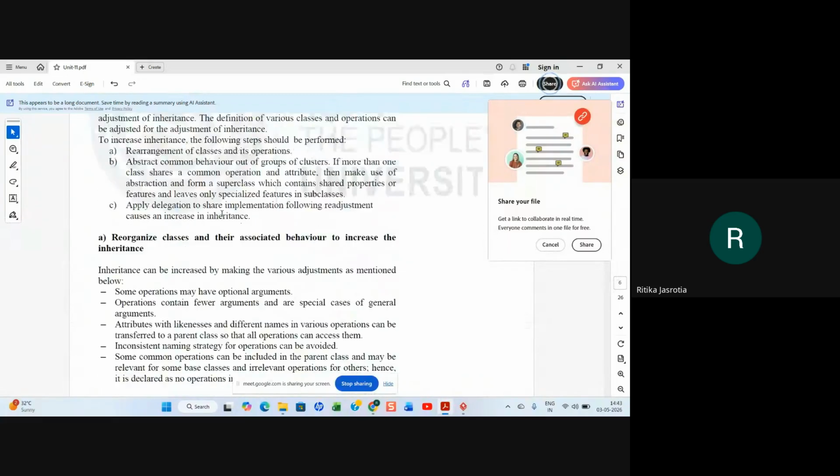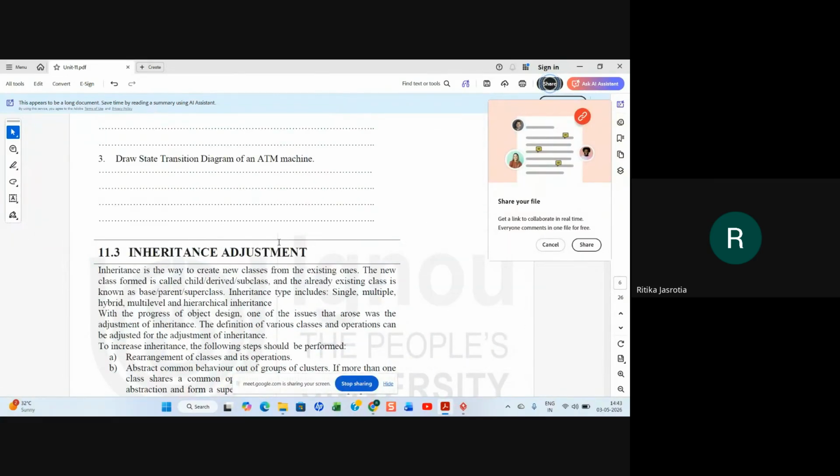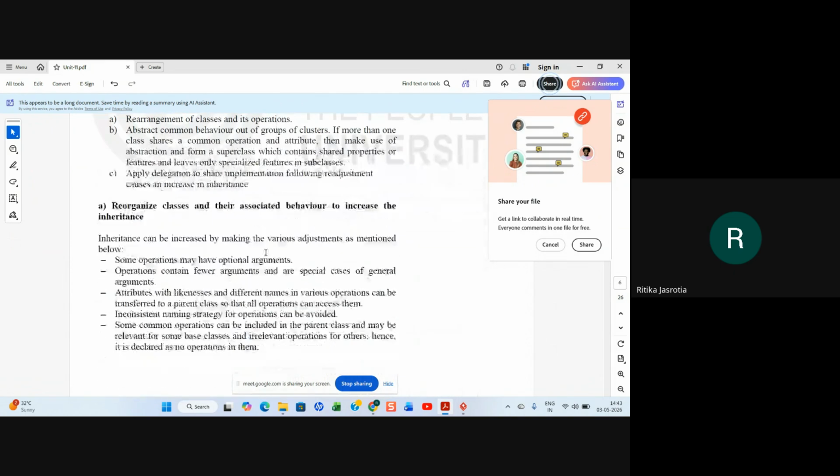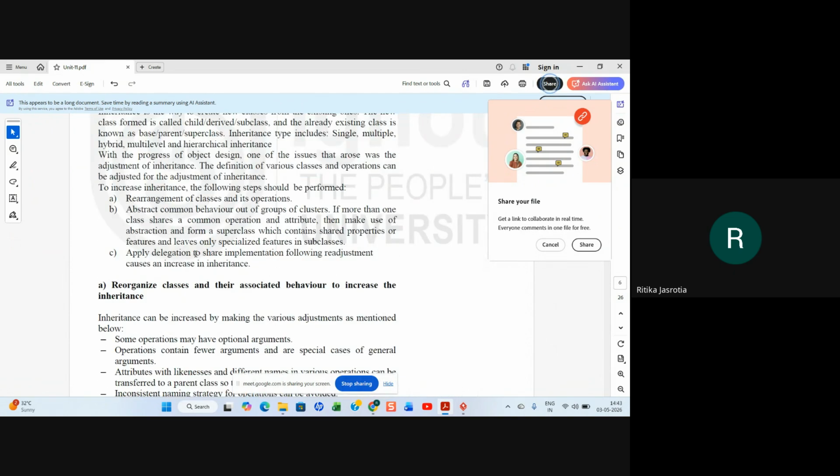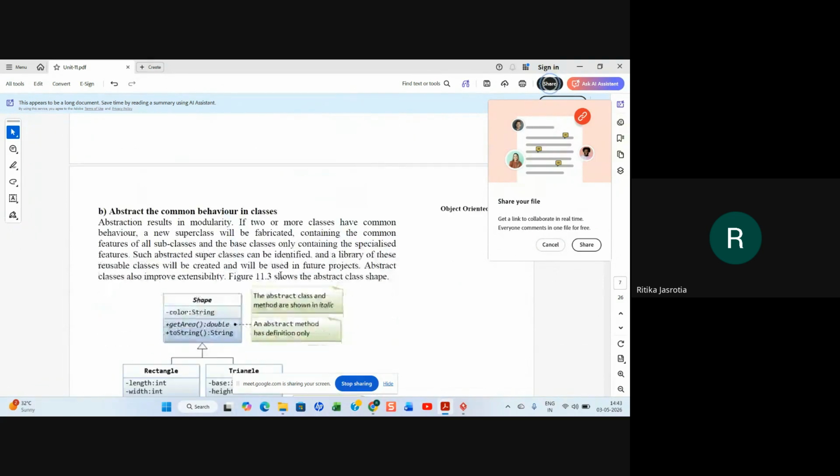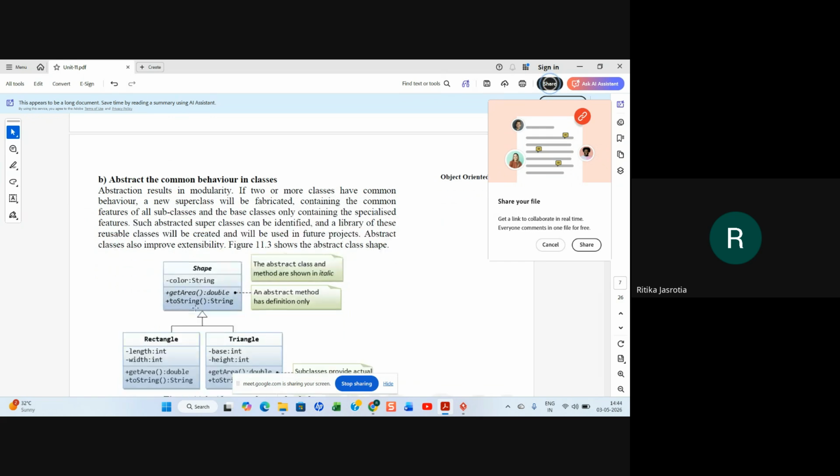So this is how they are explaining how inheritance is adjusted. You will see similar attributes and operations, and you will club the classes according to that, so that superclass and child class can be made. And you will also see the abstract common behavior in the class, so that for 2 specialized classes, you make an abstract class out of that.